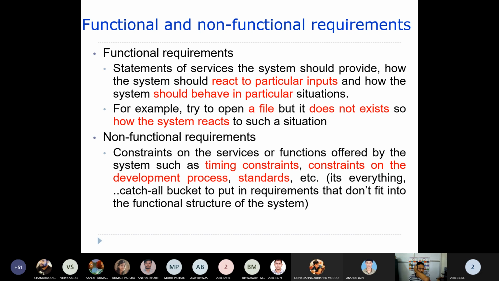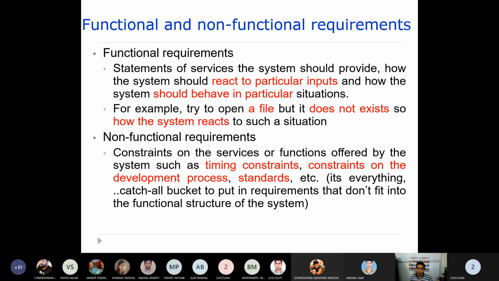Wherever you are going to give an input, that is a functional requirement. Let's say you can think of an ATM machine. Part of an ATM machine is cash withdrawal. Withdrawing money is one functional requirement. So what are you going to input there? You input the amount of money that you want to withdraw from your account. And then what output is it going to give you? It is going to give you some cash. Let's say you have given 2000 as input, so it is going to give you 2000 rupees.